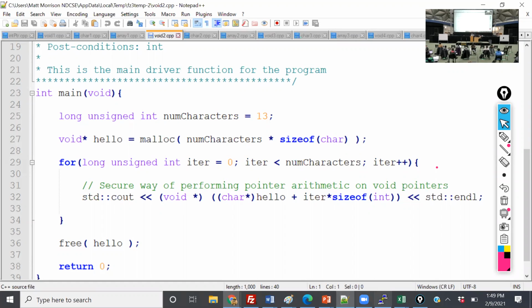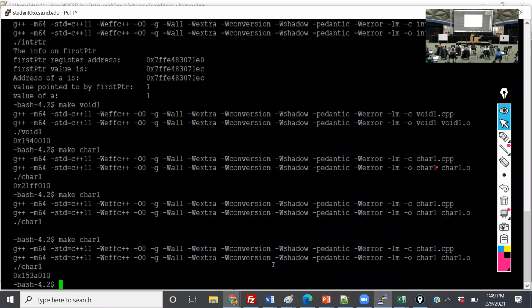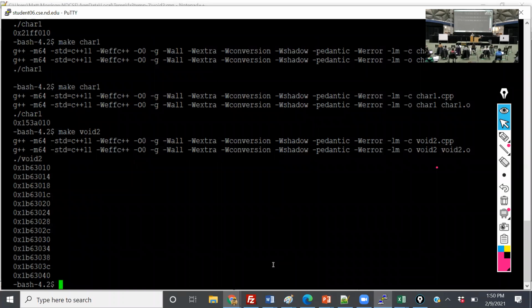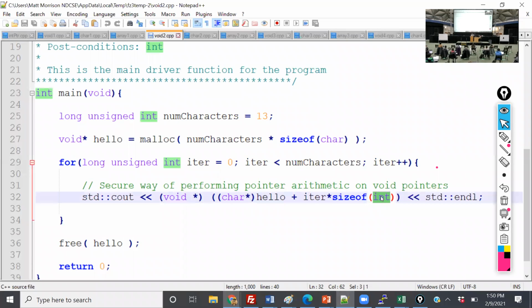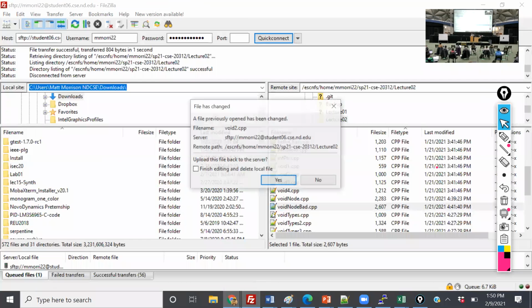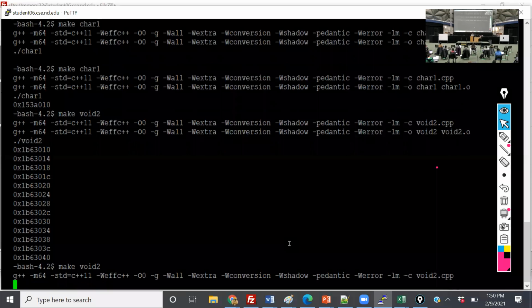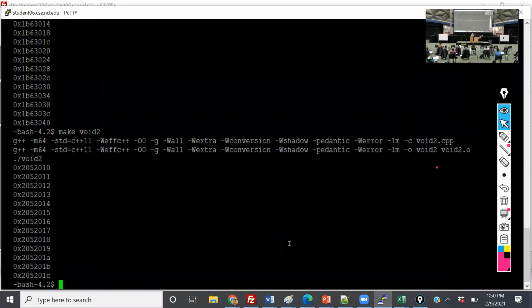So if I do make void2, you'll see that it prints out those addresses. I obviously did not update that from the last demo, from last year. My question was, what happens when I change it to int?